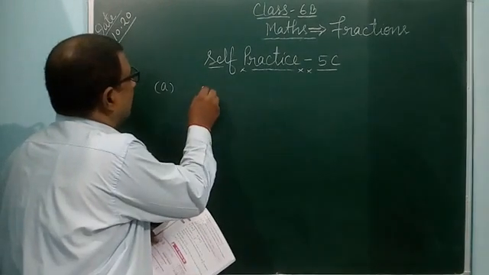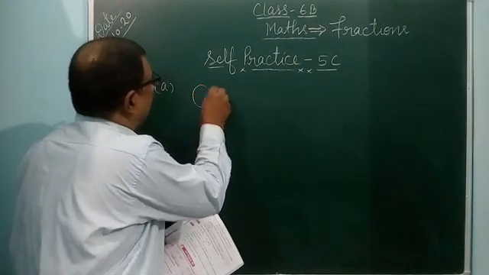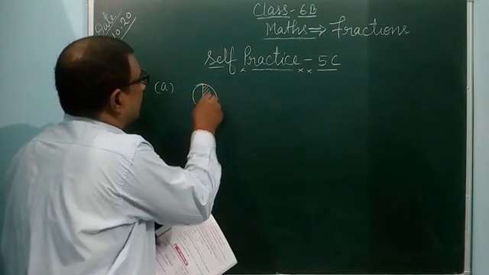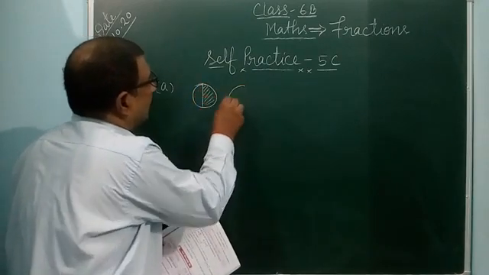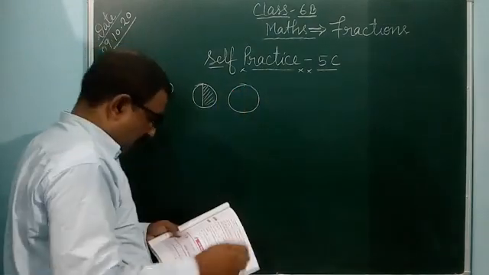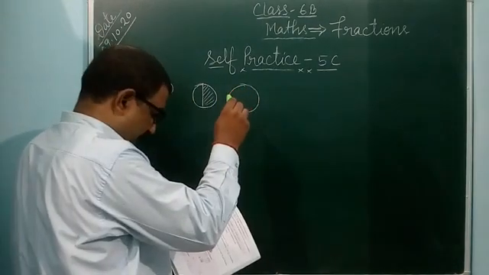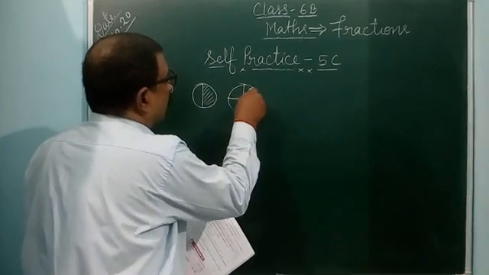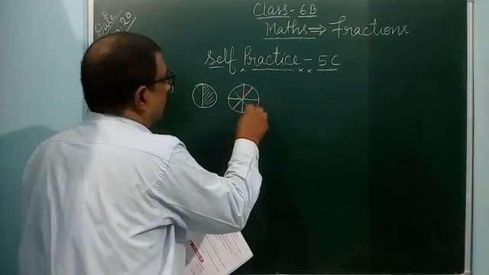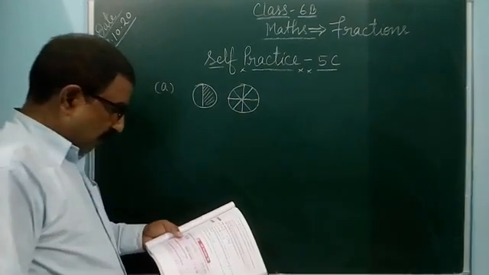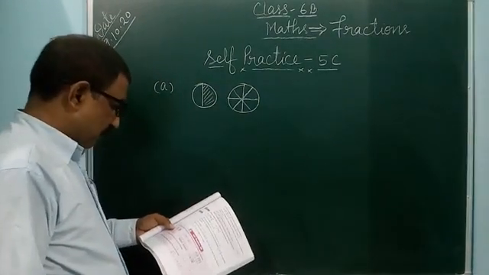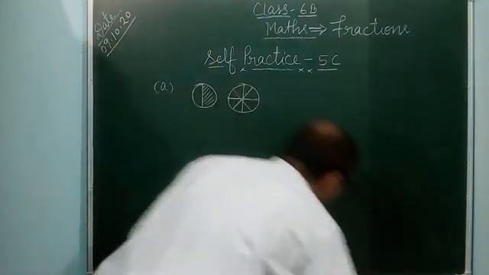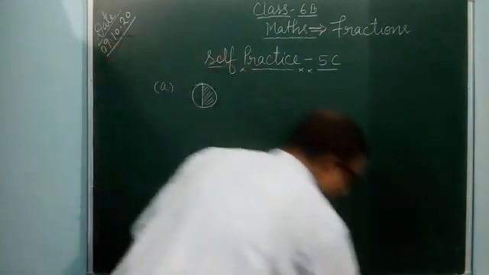Two parts are there. First diagram I am drawing here like that. And the second diagram, it is given 8 parts. 1, 2, 3, 4. Total 8 parts. Out of 6, 1, 2, 3. 6 parts are given. Total 6 parts are given.